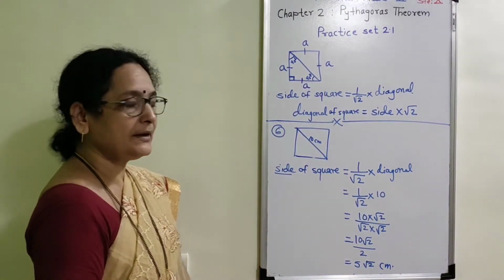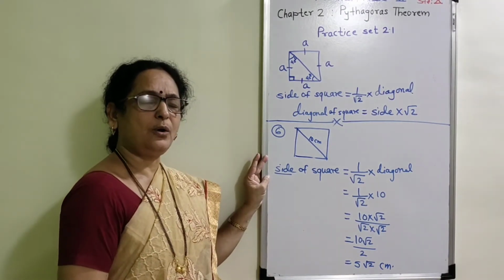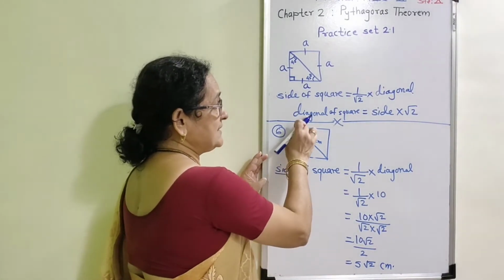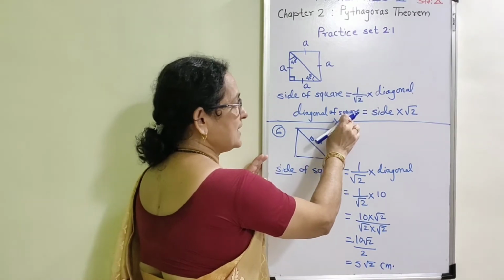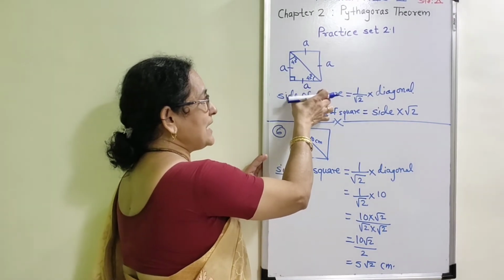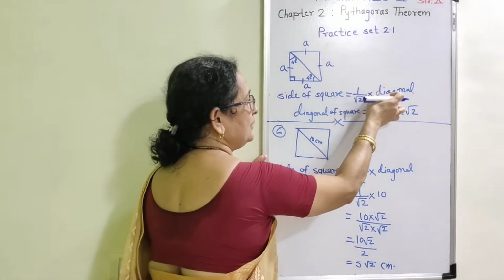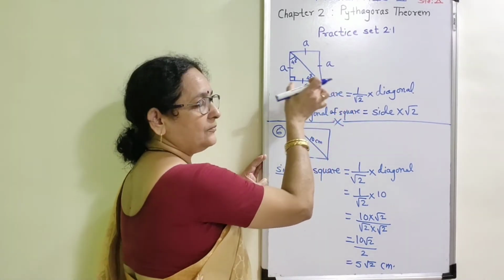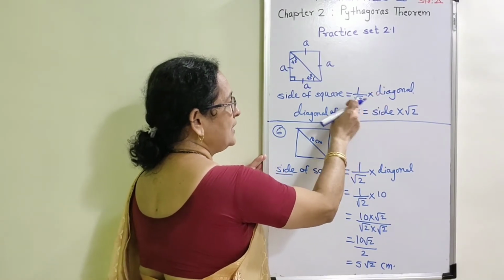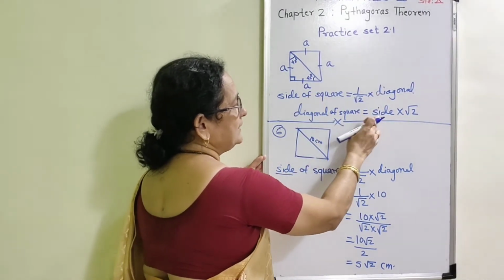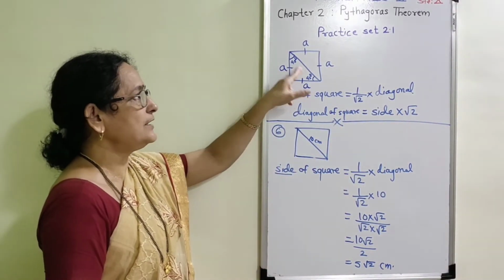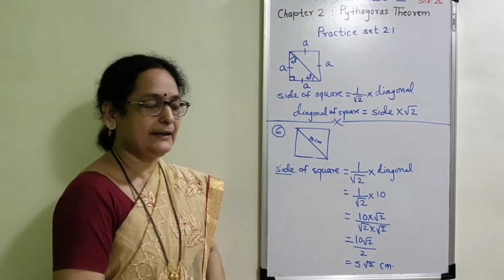Now always remember that this 1 mark example is always included in the SSC board exam. Sometimes side is asked and sometimes diagonal of square is asked where side is given. First of all, write these two formulae: side of square is equal to 1 upon root 2 into diagonal. This is the application of the 90 degree theorem. And when you are going to find the diagonal, transpose root 2 on this side, that is side into root 2 is equal to diagonal of square. Actually, diagonal is the hypotenuse of that right angle triangle.